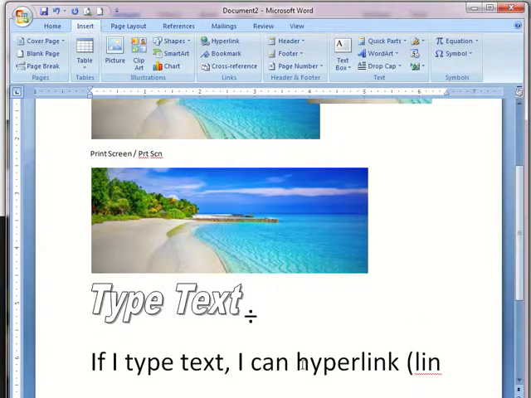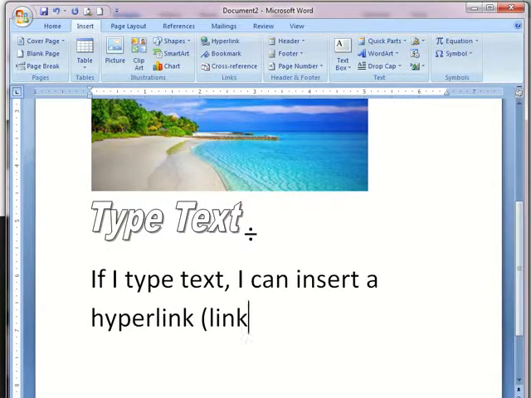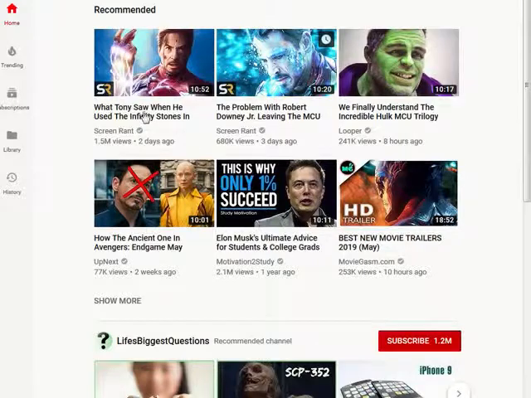I can insert a hyperlink, which means I'm going to connect to a web page. So let's see, if I have YouTube open,